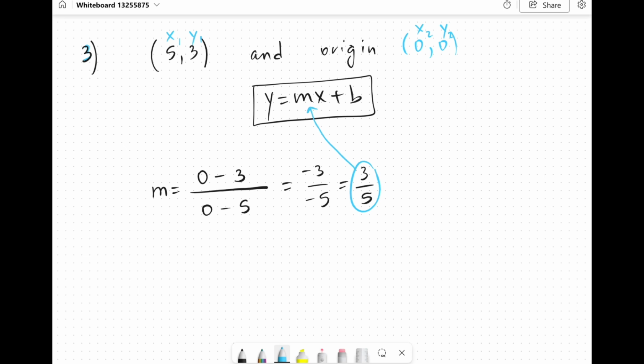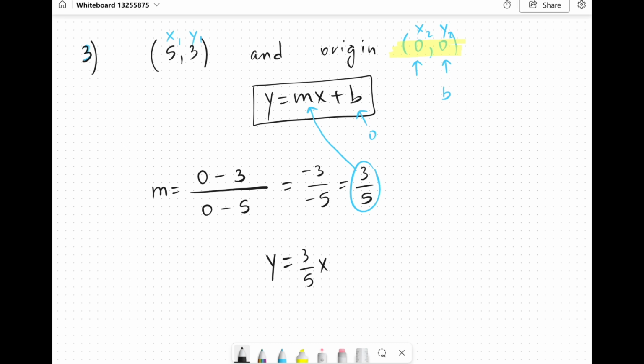Now you're welcome to use y minus y1 equals m times x minus x1, our point slope formula, but you don't have to, because the second point that's given to you has the x coordinate of 0, which means the y coordinate of it, this right here, is your b. It's the y-intercept. So the y-intercept is 0, which means 0 will be plugged in place of the b. And here's your final answer. You do not have to write +0. You can absolutely leave it